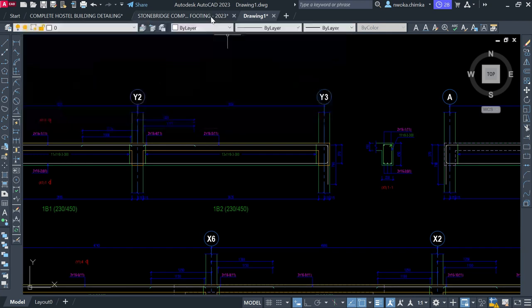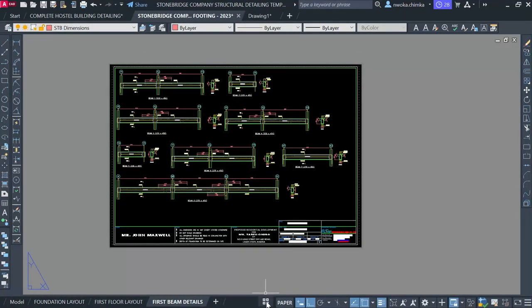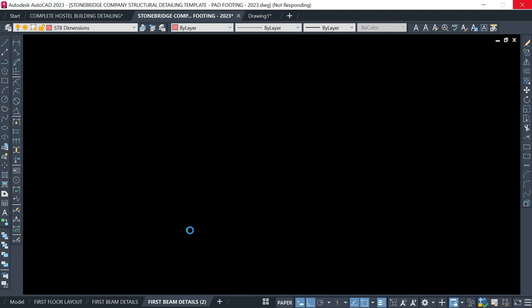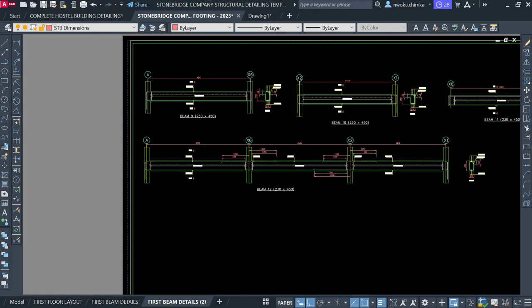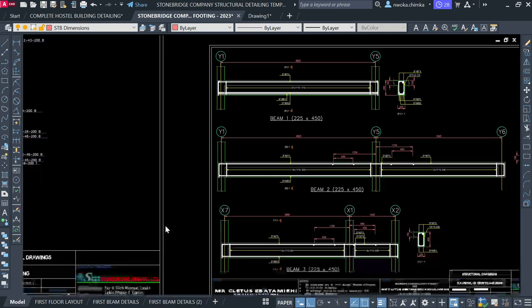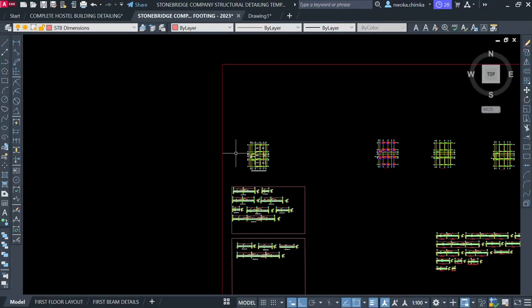Okay, so in our last video, I showed you all this, and then we also created another sheet, sheet 2 of our beam details, because sheet 1 was not able to contain all the beam drawings. So we created an additional sheet, which I showed you in our last video, which is part 1 of this Stonebridge 2023 release structural detailing template. Okay, so right now I want to show you the slab detailing of this